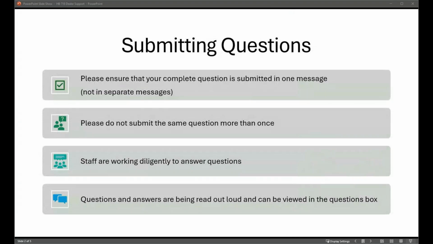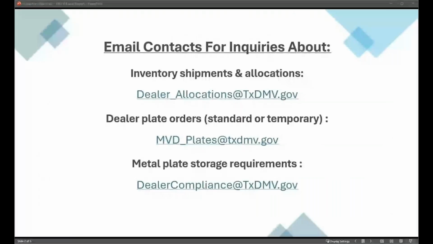You can renew them as well when needed. Those will be $90. The new blue dealer temporary plates, those will be $10. That will be ordered through e-licensing. But again, you can utilize those standard dealer plates as well.